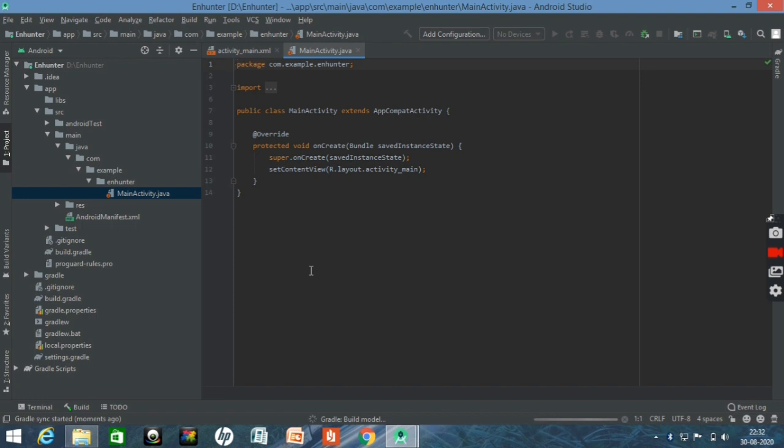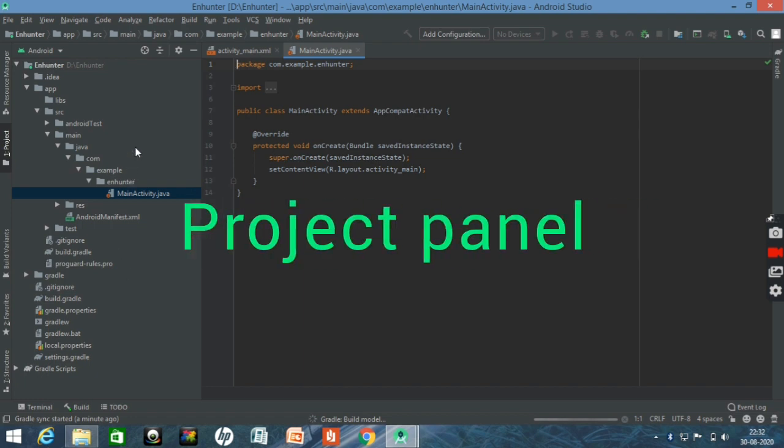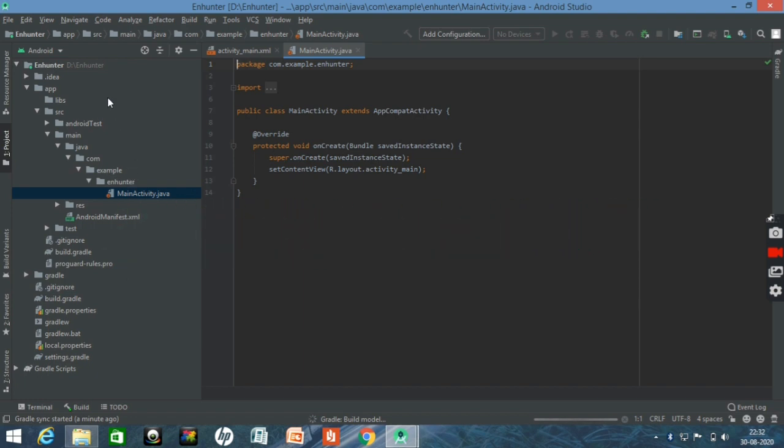Have a look at the screen below and you will notice two major sections, one on the left and a larger window on the right. So let's have a look at the panel on the left. This is the project panel, we can say. So let's take a closer look over here. As you can see, there are a few folders and subfolders. For around 90% of every project, we will only need one folder. The folder I am referring to is the Java folder. Here you can see MainActivity.java in the com source folder of our app.